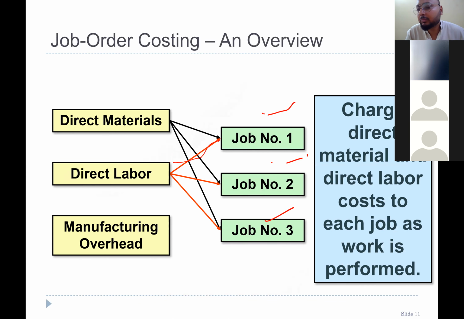We can easily find out that from this machine, for example, we make 100 mice. One mouse takes 100 gram, so 100 mice take about 10 kg or 10,000 gram of plastic. It's easy. So direct material calculation is easy. Direct labor calculation is easy. But